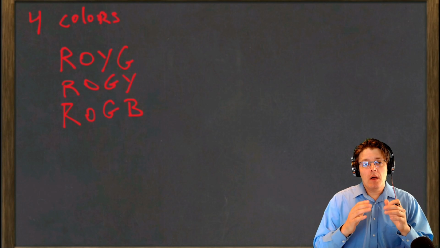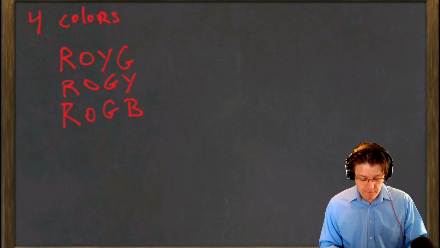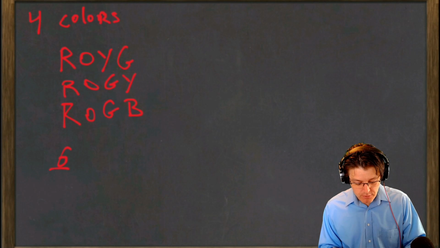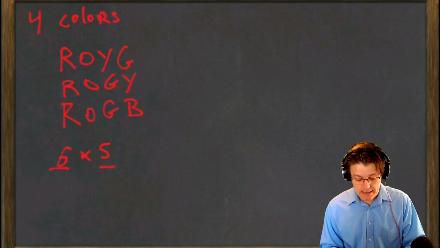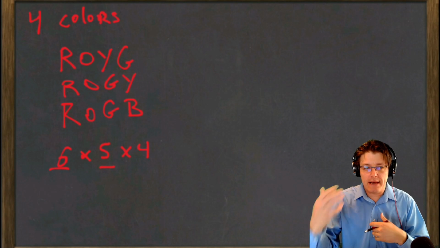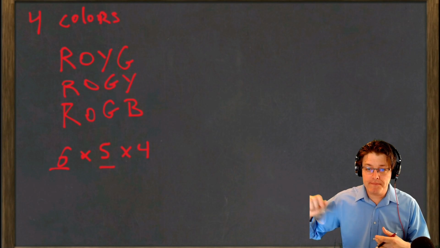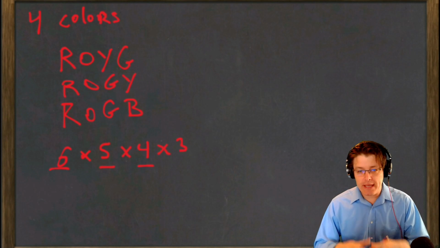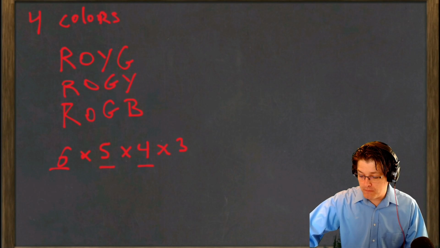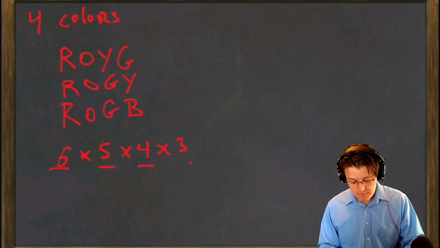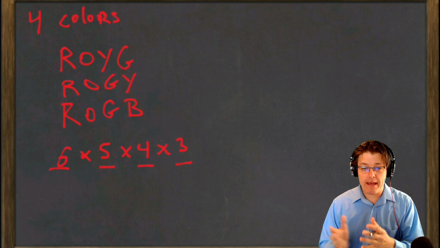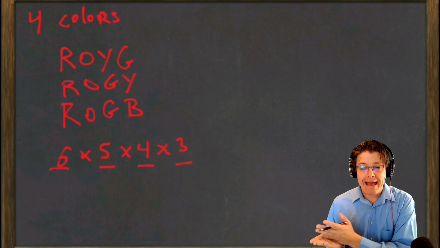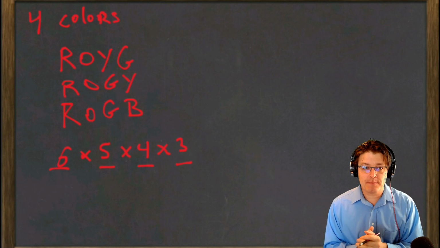So, as we did before, one way to think about it, right? We could put 6 times 5. In the third slot, we would only have 4 options left, right? If we've already chosen red and orange, we have yellow, green, blue, and purple. So we have 4 options left. And then lastly, for the last slot, we have 3 options left, whatever 3 we haven't used. What we don't have anymore are those 2 last slots, right?